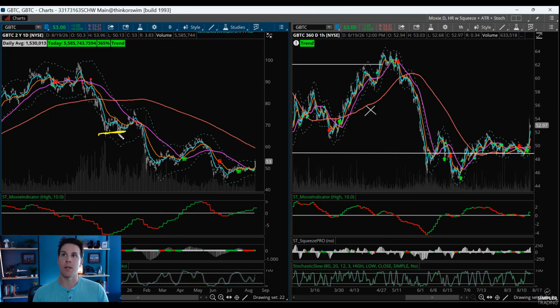And every time that we hit a level, we bounced a little bit, but still came into resistance. Again, found a level, bounced a little bit, but then still failed the 50. And only now when we're finding the support do we find a nice little breakout right through here. And going forward, if this is going to be a new trend to the upside, we need to make sure